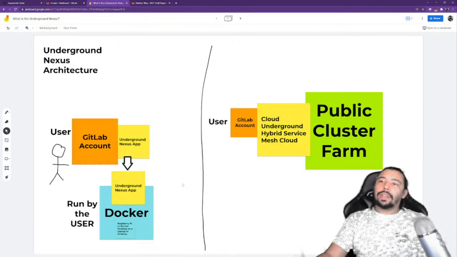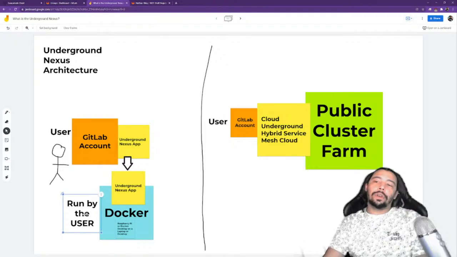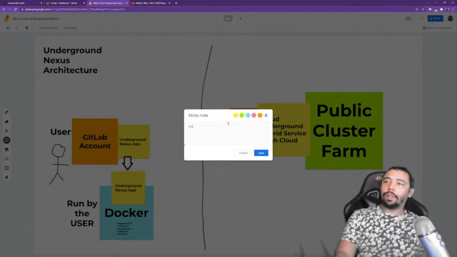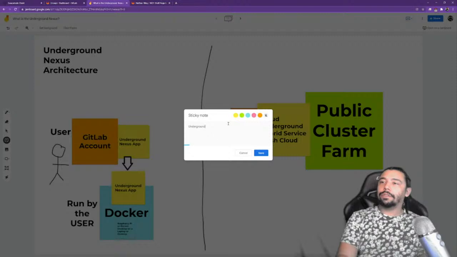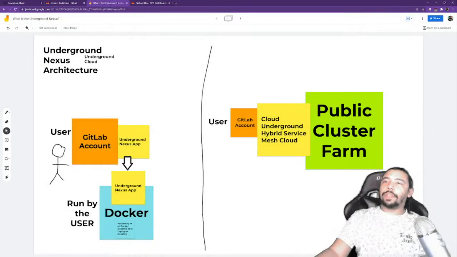So anyways, this is kind of showing, you set up your GitLab account, you set this up, and what's happening is at the user's home, this is basically kind of like an underground cloud. I'm going to call it an underground cloud because it's kind of what it is. It's an on-prem cloud at your place, basically, where you're using GitLab as a public cloud for yourself.